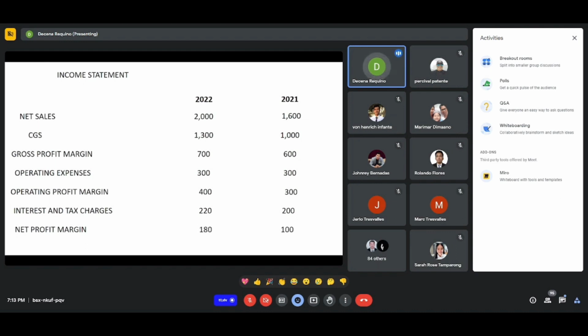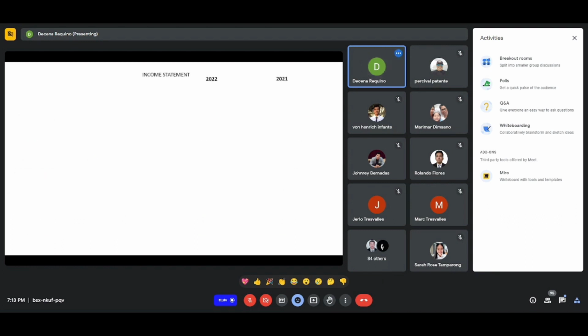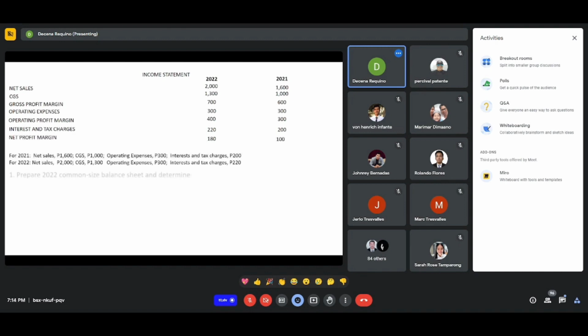So para masagutan natin yung ilan daw yung gross profit margin, lalaktawan ko muna tong number 1. Yung prepare 2022 common size income statement. So ito na yung income statement. Compute daw the gross profit margin. Bali dyan sa given na sample